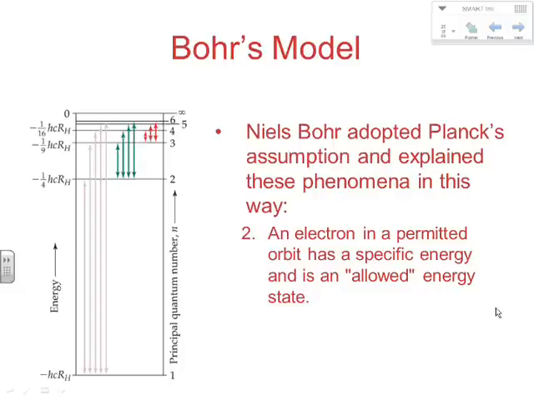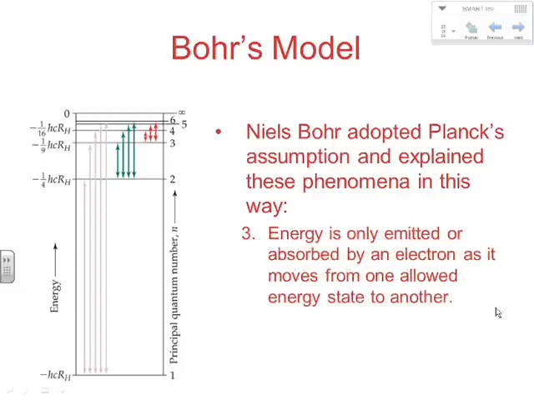Electron in a permitted orbit has a specific energy, and it's an allowed energy state. So it exists at specific energies and specific energy states inside an atom. Energy is only emitted or absorbed by an electron as it moves from one allowed energy state to another. So if you had an electron at its first energy state, it would absorb a very specific amount of energy when it went to the second energy state. And therefore, it would absorb that energy, and when it fell, it would then release that exact same amount of